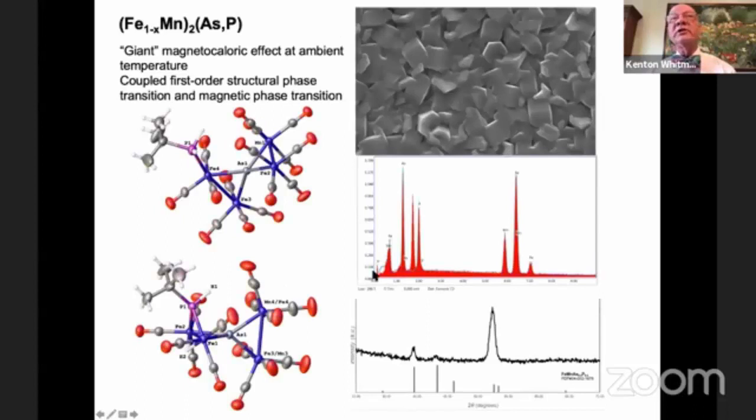When we initially looked at this, we have done some preliminary studies. These will volatilize, they will deposit films. They have the right composition. They show FeMnP As the composition of the film. It has an appropriate X-ray diffraction pattern for that material. And so we're confident that we could use this to make thin films of this material, but we have not